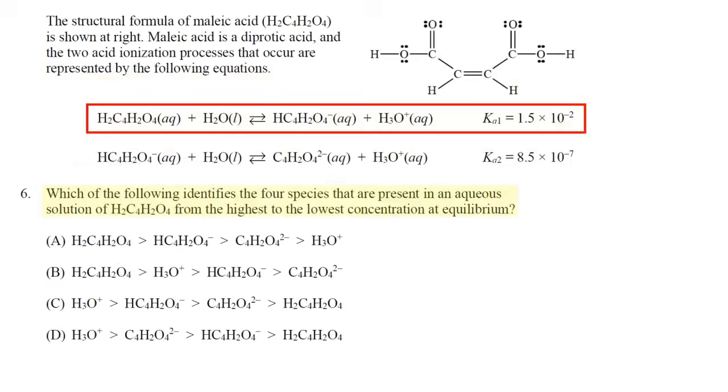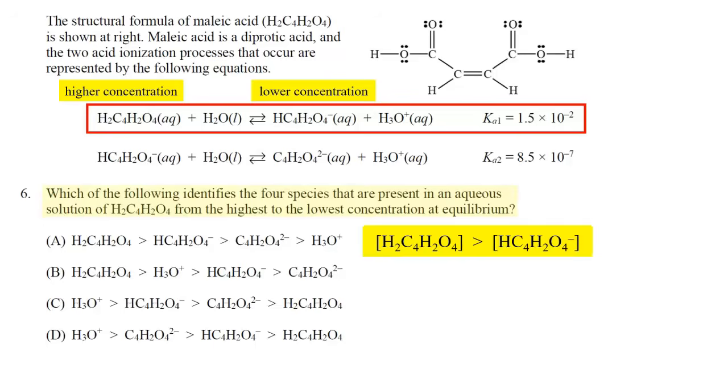So take a look at those Ka values. Because they are less than 1, that means that we are favoring the reactants on the left side of the equation and not the products on the right side. So because Ka1 and Ka2 are less than 1, we are favoring the reactant side. So I can conclude that the maleic acid on the left has a higher concentration than its conjugate base on the right. Well, if that's true, then we can eliminate choices C and D,